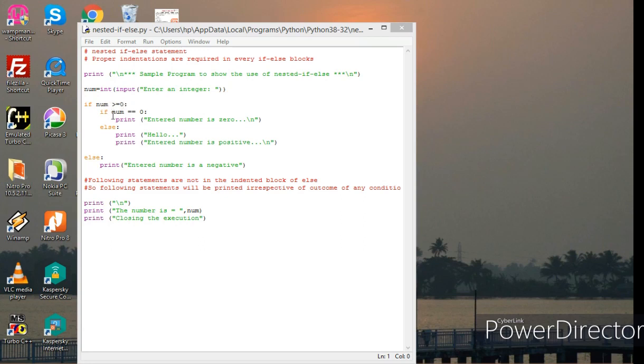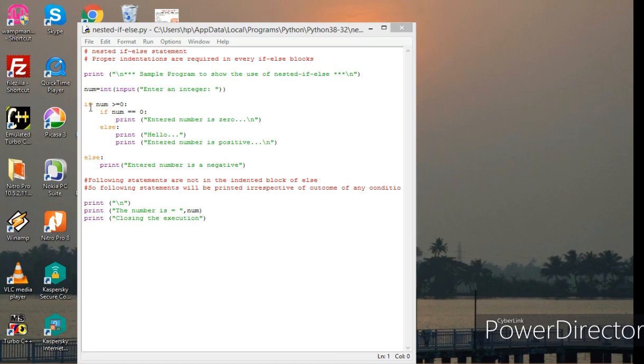If this if condition is satisfied, it will check two more conditions. If num is equal to 0, it prints entered number is 0, else entered number is positive. Now if the entered number is not greater than or equal to 0, it straight away goes to the else part here and prints entered number is negative.